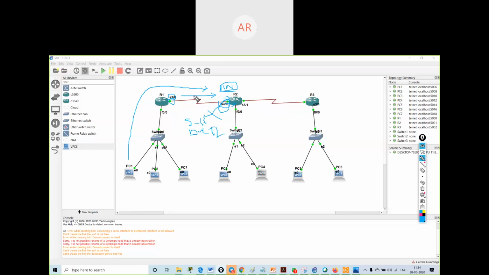See, I am configuring an extended access list, which sees the source and the destination both. Sir, but ideally we should configure it on the F0/0 interface, no, sir? Because if NAT is configured or if R1 has some other interface, ideally the external ACL should be closest to the source, no, sir? Yes. So ideally it should be configured over here only.